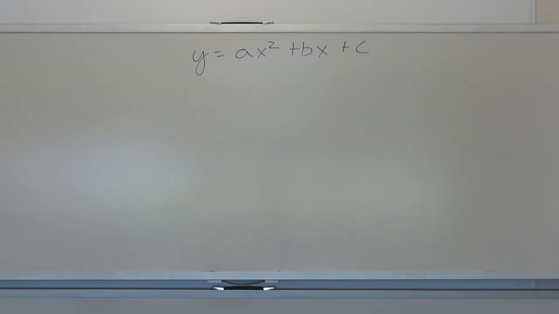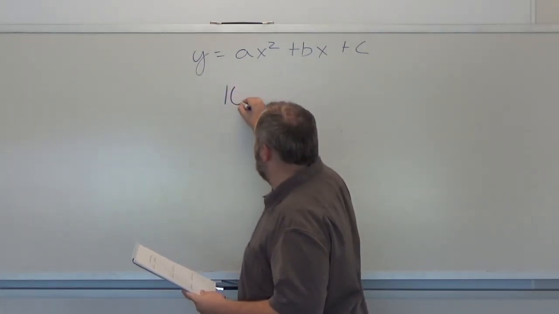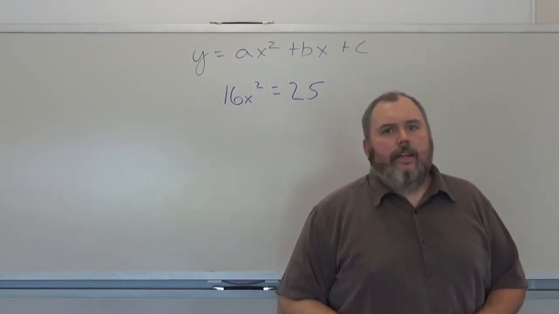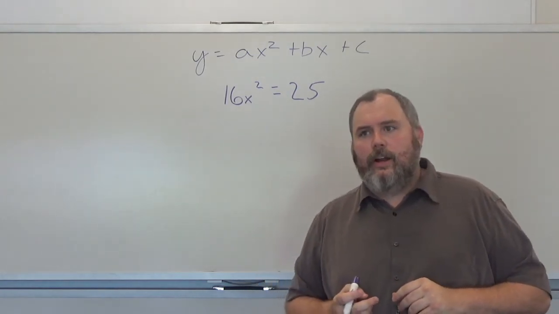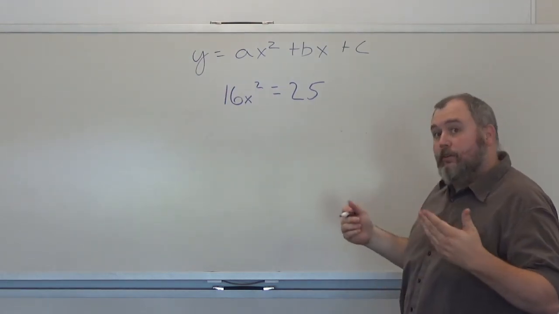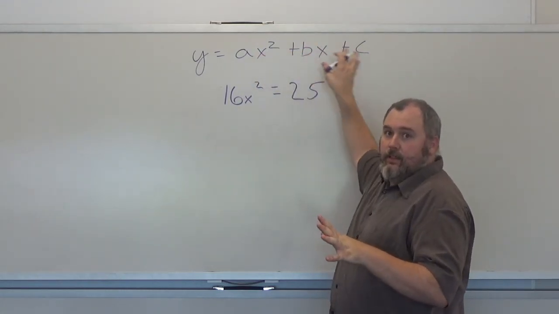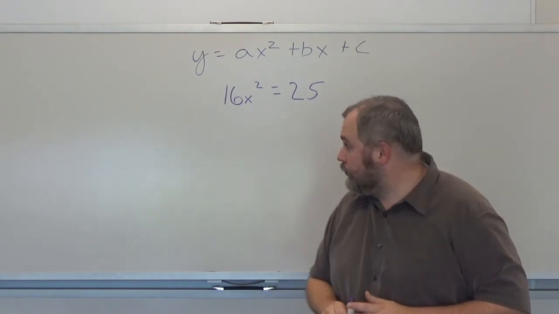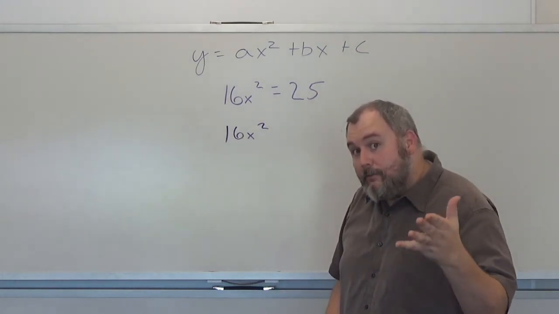So this next problem that I gave you is slightly different. It says that it's 16x squared equals 25. Now here's the thing, what you want to do is get all your information on one side of the equation, and you want to get it into this type of format. In order for us to do that, we already know that this is not going to have everything in this particular form because B is going to be 0. So really all we're going to do is say 16x squared, we're going to subtract 25 from both sides